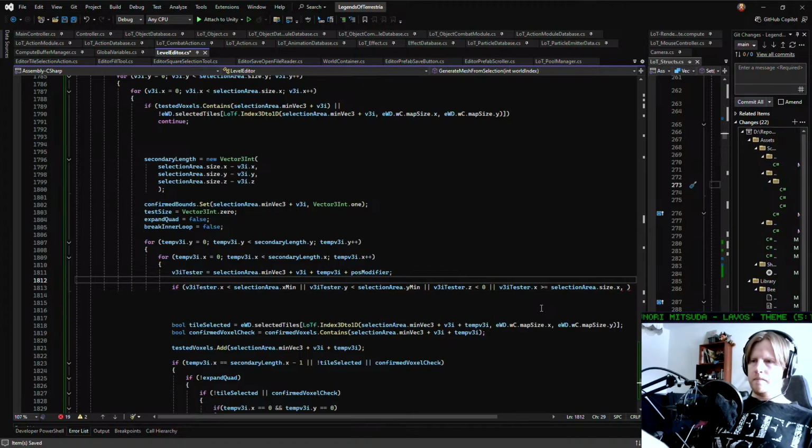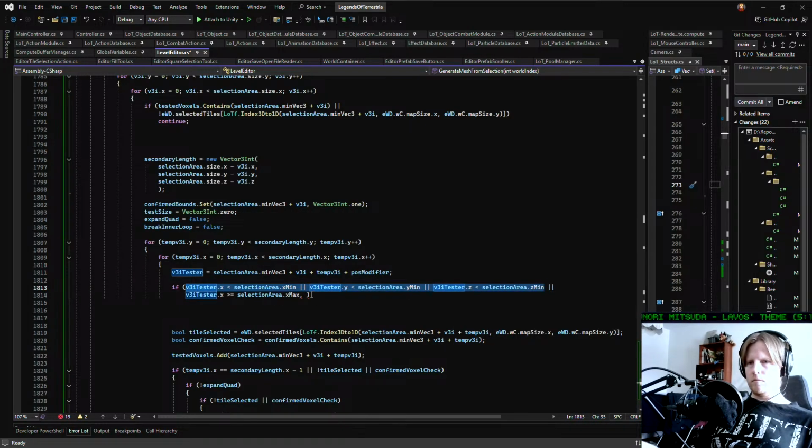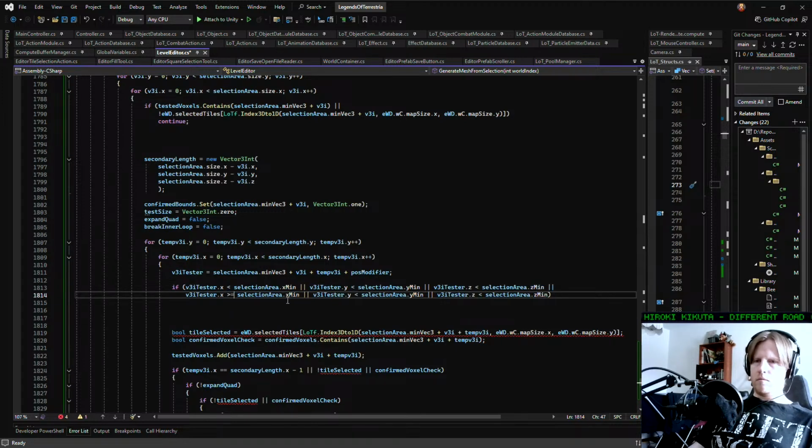Ymin, zmin, or it's greater than selection area dot x max. Maybe. If that is true,